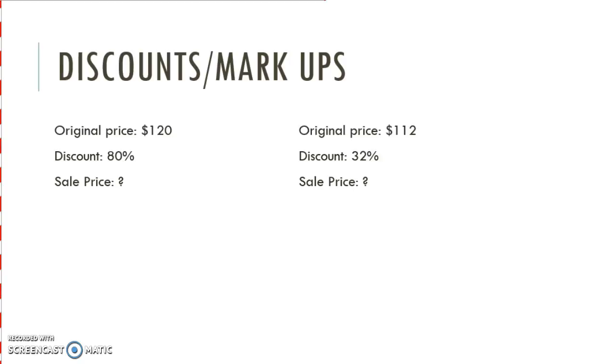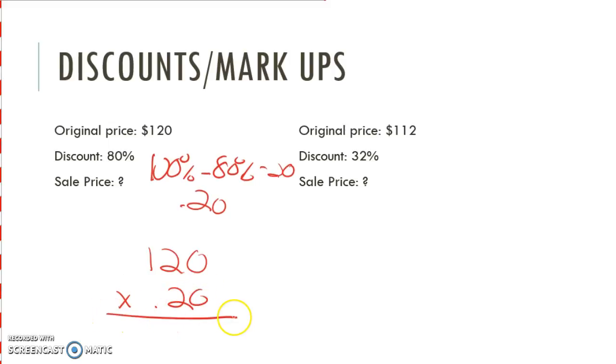The first thing that we need to do, once I get my pen, is that I need to take 100% minus my discount, which is 80%, and I'll get 20%. Then my next step is to turn that 20% to a decimal, so I know that that's 0.20, and then I'm going to take this decimal and multiply it by my original price. So I have 120 times